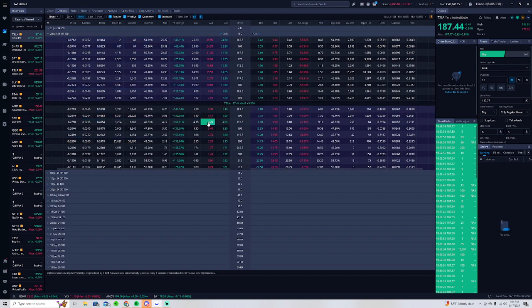So I'll go in here, I'll look to see what we have. We're trading at 187. So usually what I like to do is take the next strike out of the money. So that would be 190. Not 187.5 because we're literally trading right at that strike, so that's kind of like at the money. I like to look at the next strike out of the money, 190, and I like to make sure that obviously the OI and the volume is high, but we know Tesla's a super liquid stock, so it's going to have super high OI, super high volume, so we don't have to worry about that. So this is probably going to be the option that I'm going to choose, 190 call at